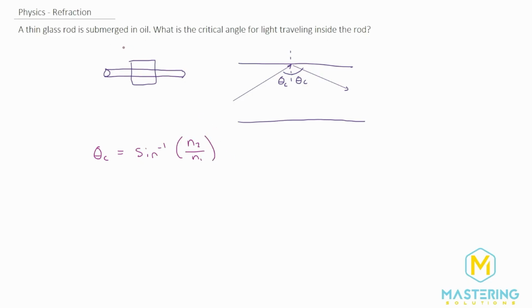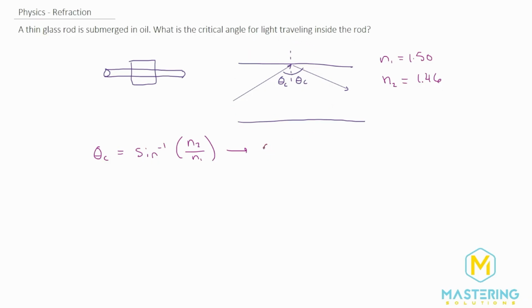One thing that can be confusing is people don't know where to find the n's. We know that we have the glass rod, and so which one do you use for which, right? And so you can look in the chapter. There's a table where they give a list of many different indexes of refraction. And so we'll say our n1 is going to be the glass, which is 1.50, and the n of the oil is 1.46. So the n1, that is the index of the medium that we're in. The n2 is the one that's outside of this.